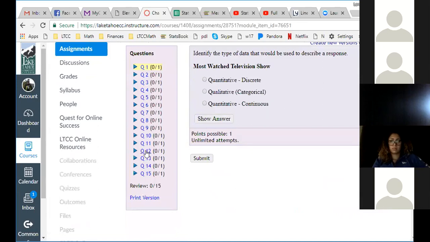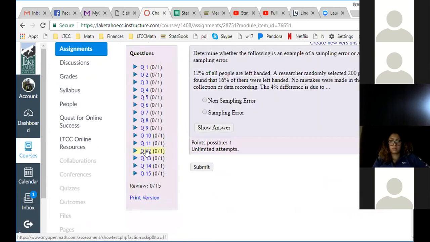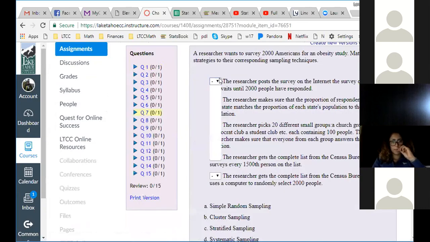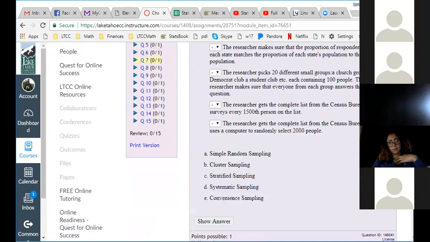There are 15 problems to do this week. Most of these are multiple choice, some you type in an answer, you type in numbers. So it says enter an integer or decimal number. And some, like this one, are matching, A, B, C, D, E, with matching here to here. So there are different types. Any questions so far?